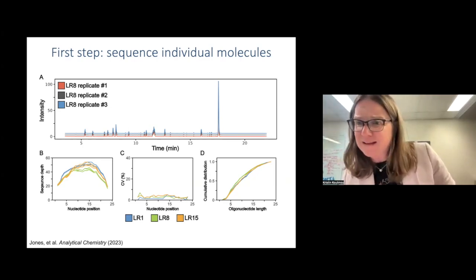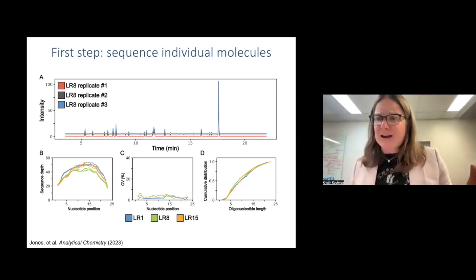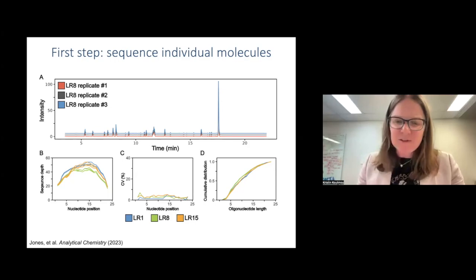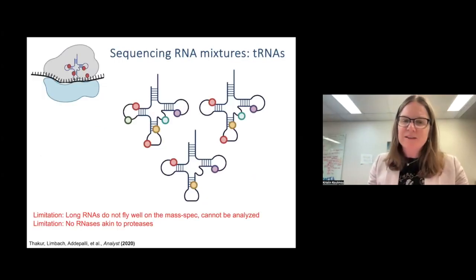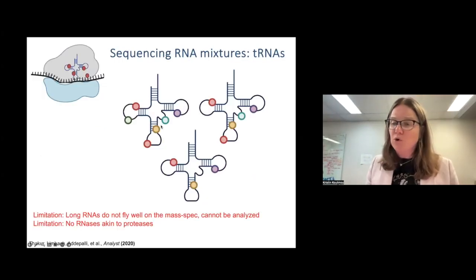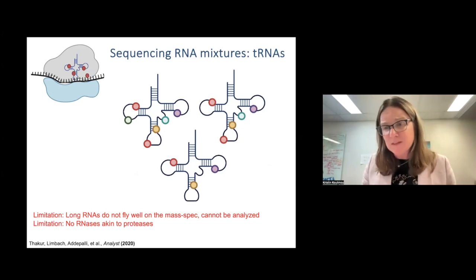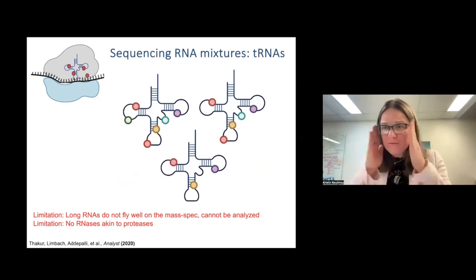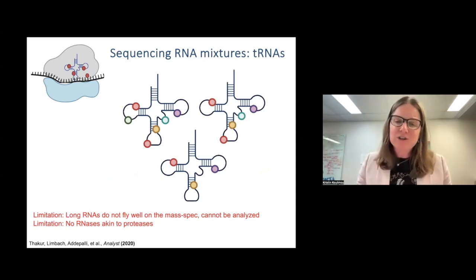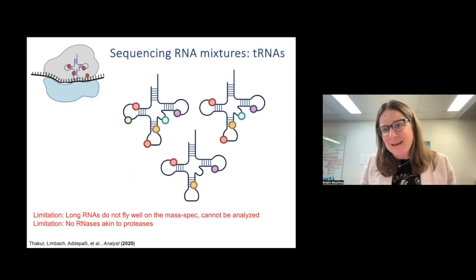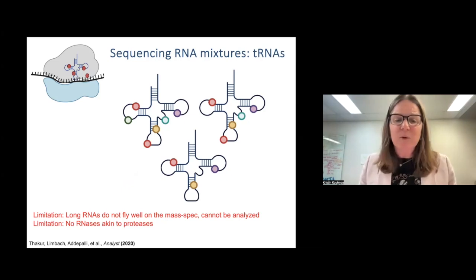It was like, okay, so we can sequence one thing that we know what it is, that is outside of a biological context. So the next thing we wanted to do is we really wanted to try to look at total pools of tRNAs. We thought that this was naturally a relatively simple complex mixture for looking at RNA modifications. It was defined, particularly in S. cerevisiae and E. coli, where we should know for some of the technology development what it is we expected to